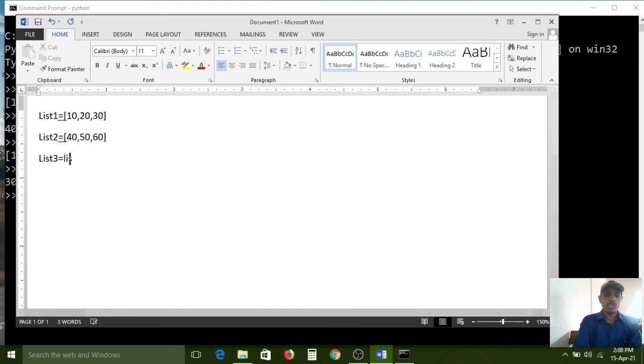So list1 plus list2. Use the names as they are: if it is a capital letter, use a capital letter; if lowercase, use lowercase. Then these 6 elements, 10, 20, 30, 40, 50, 60, are added, and after the addition, all those elements are stored in list3.